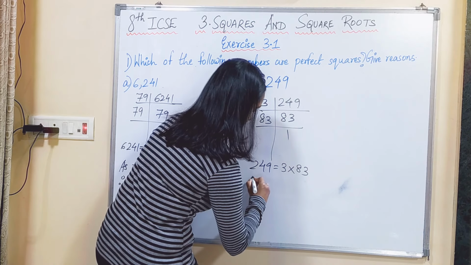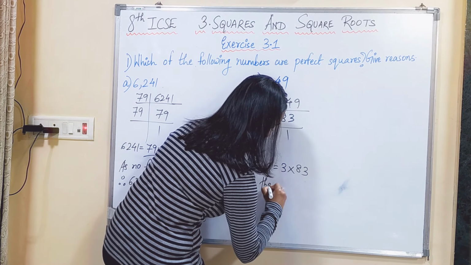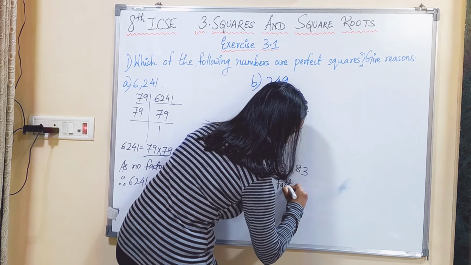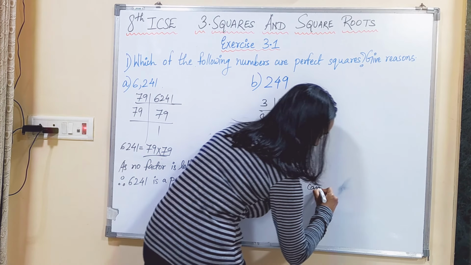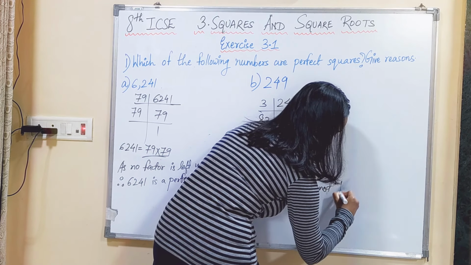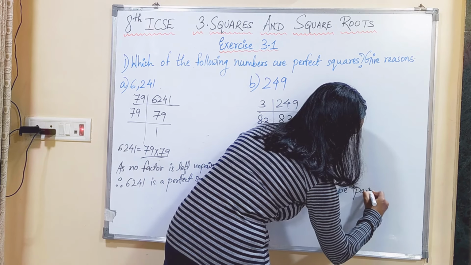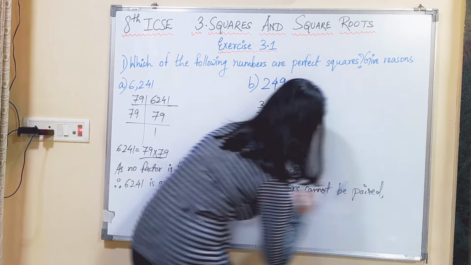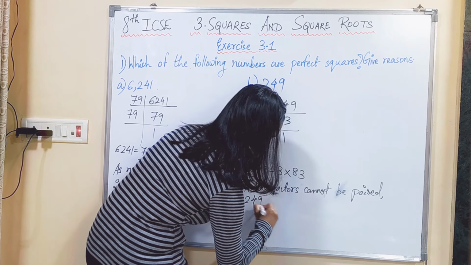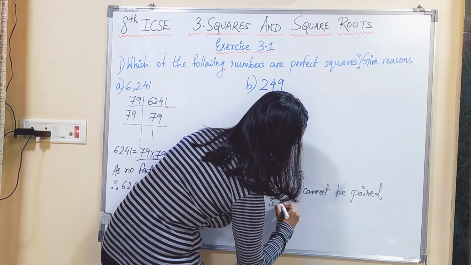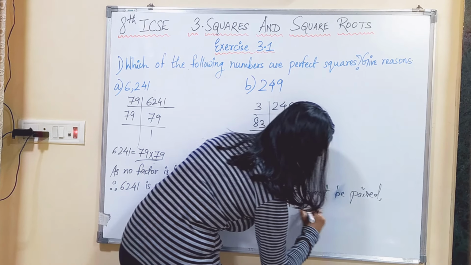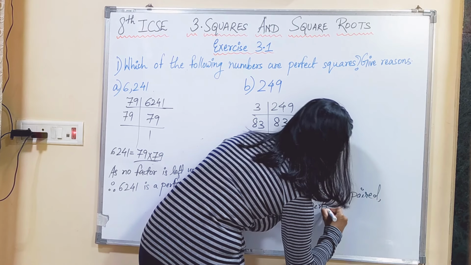Thus, as the factors cannot be paired, 249 is not a perfect